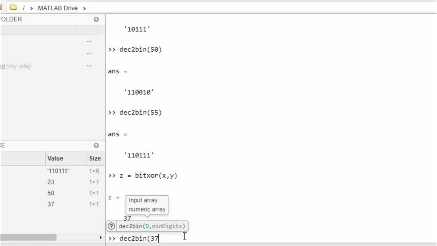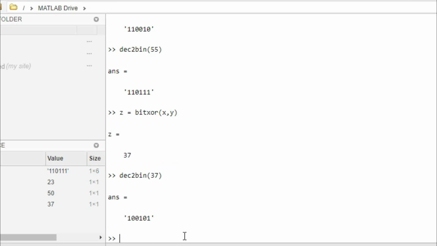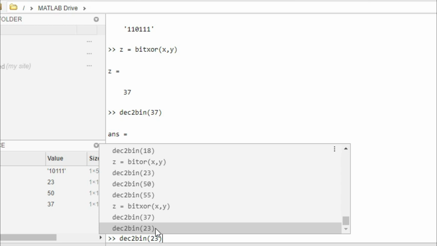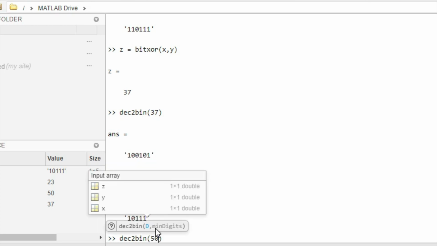So let's check for 37, we have 1 0 0 1 0 1. Let's check for the inputs 23 and 50.